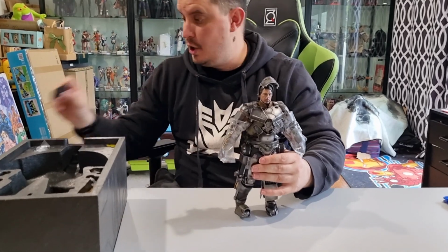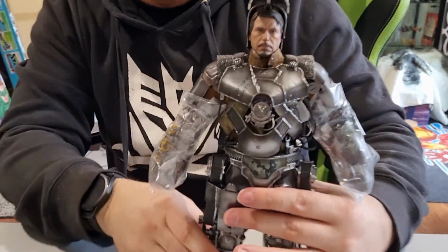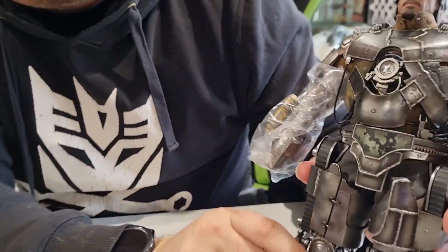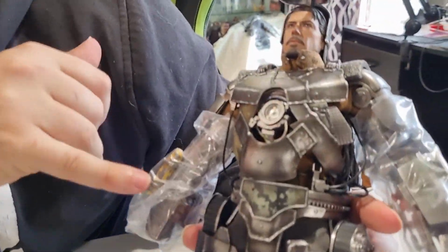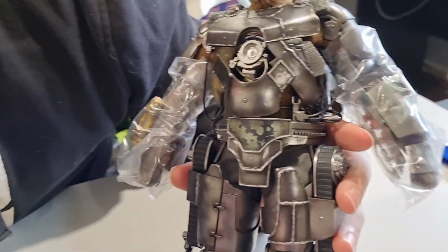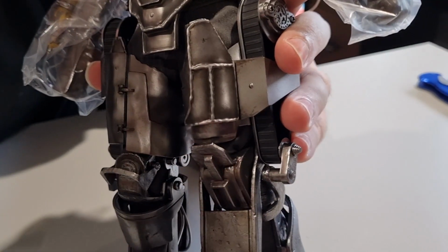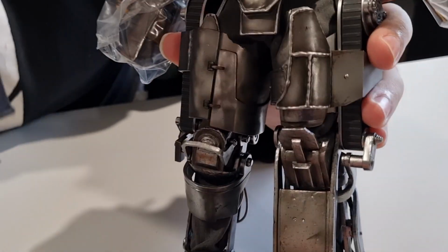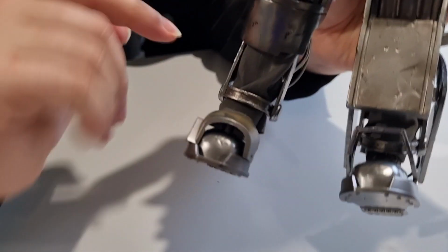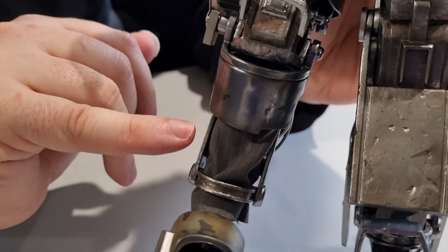Alright, I will show you the back of this figure in just a moment because there's heaps of detail on the back of it as well. But we'll just continue with the front for now. So obviously we've got all the different belts and drivers and mechanics to help him move this monstrosity of an armor around. If you actually look closely here, you can see underneath all of this, he's wearing his